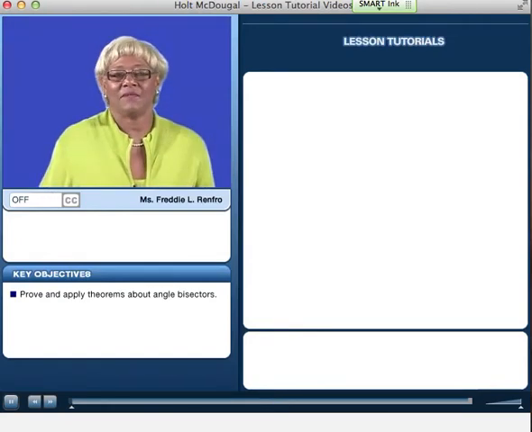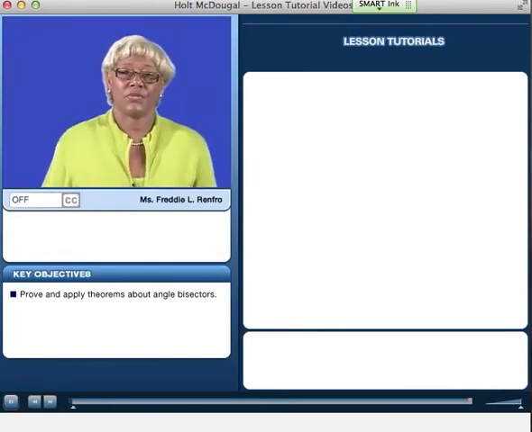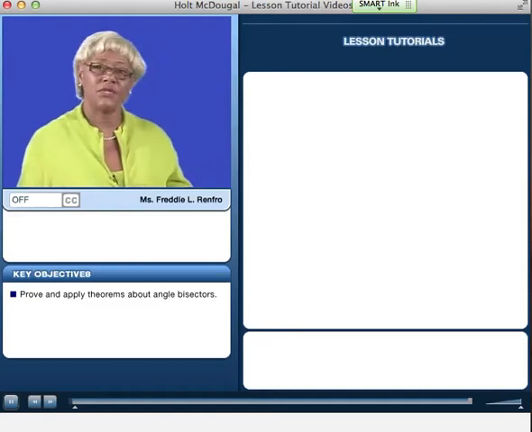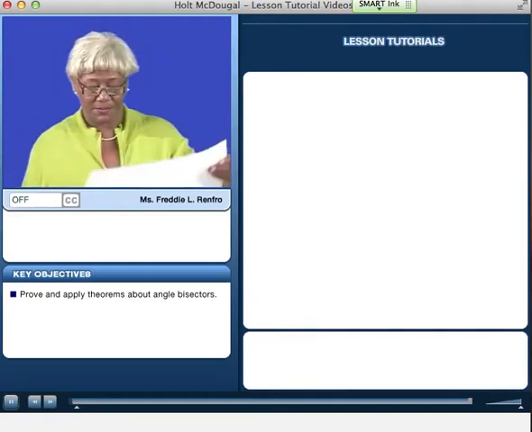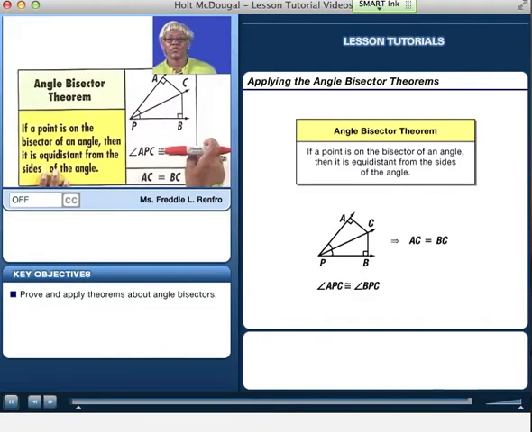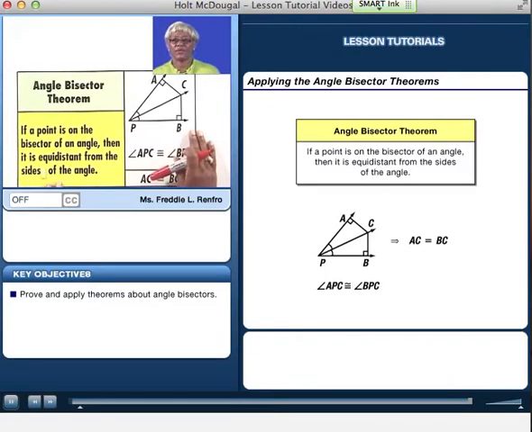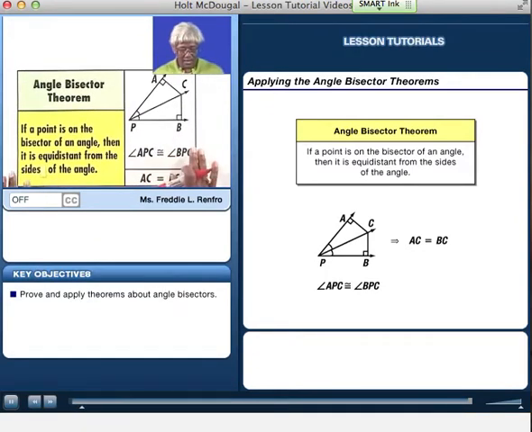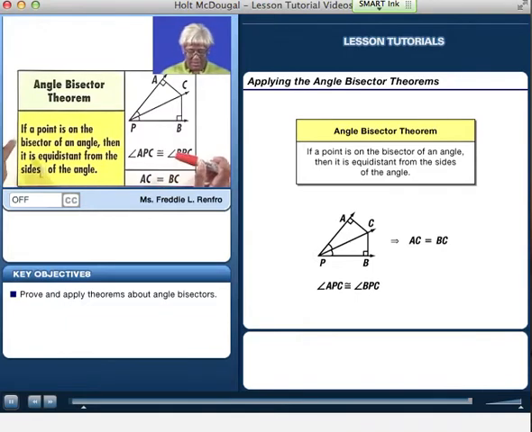Let's take a look at finding angle measures. But before we do that, I would like to review a theorem with you. And that theorem is called the angle bisector theorem. It says that if a point is on the bisector of an angle, then it is equidistant from the sides